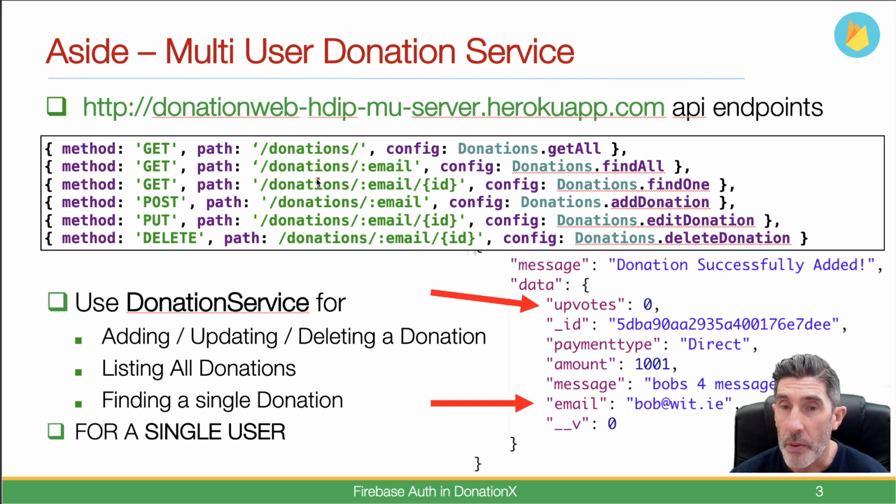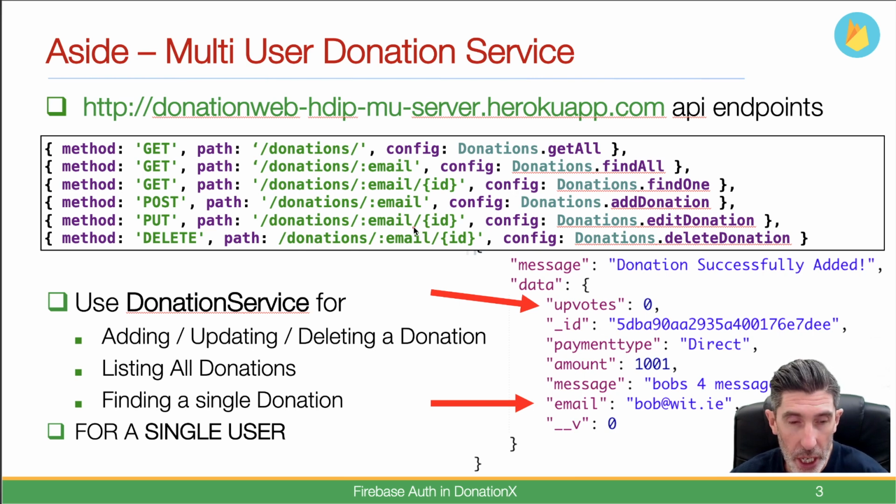So we're modifying the endpoints. For argument's sake, this one here, /donations, with an email passed as a parameter, we'll get all the particular user's donations. Likewise, we can get an individual donation belonging to the user. Each of them will require this extra parameter, the email, which is the email that the user will